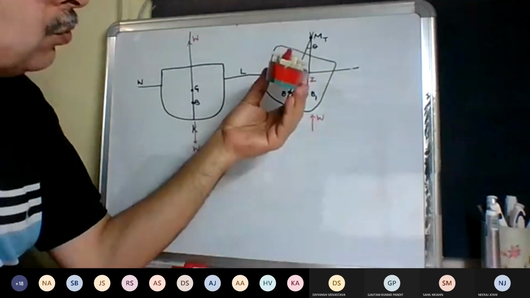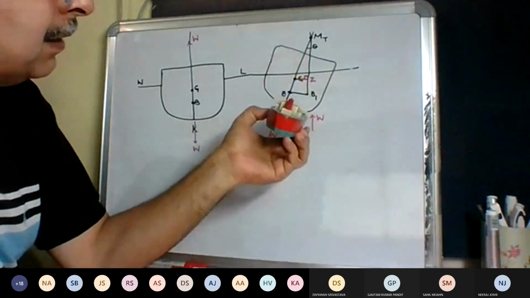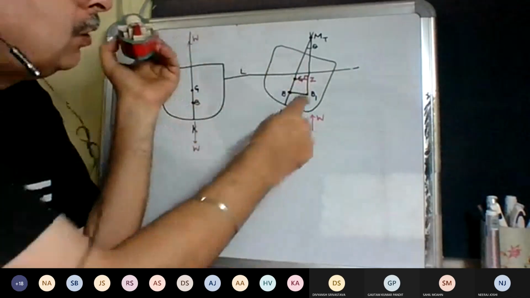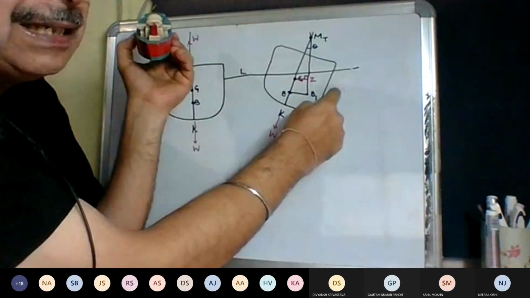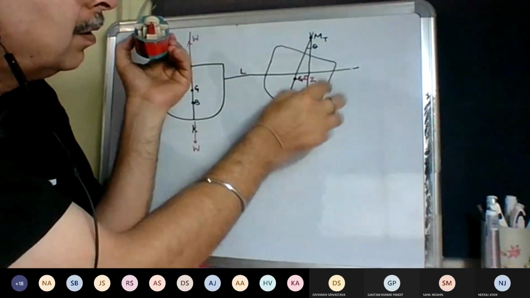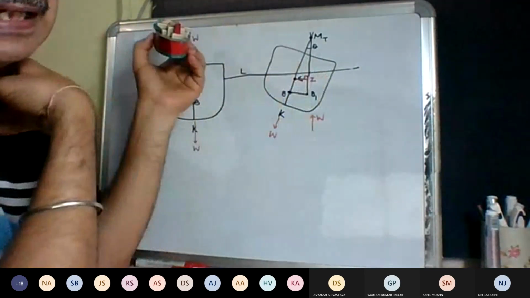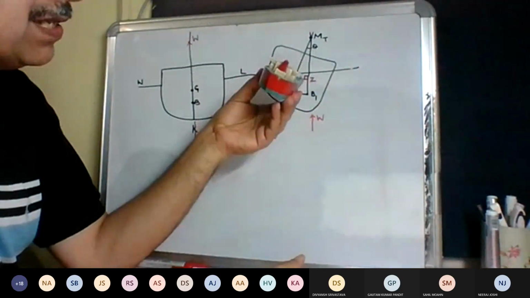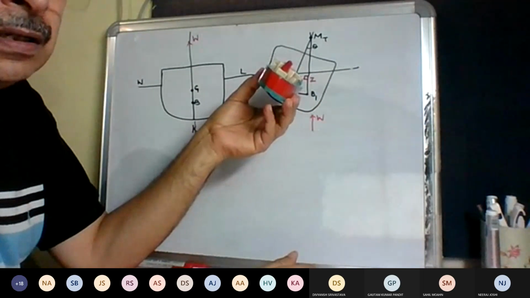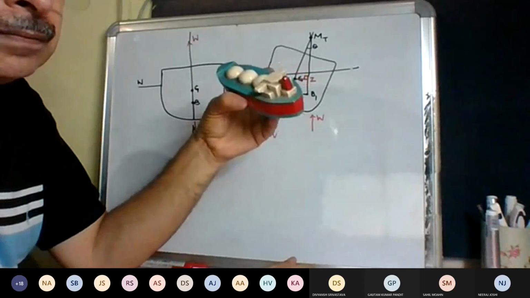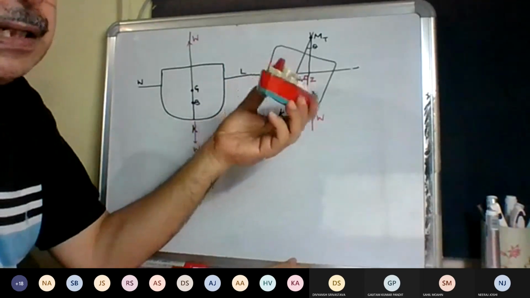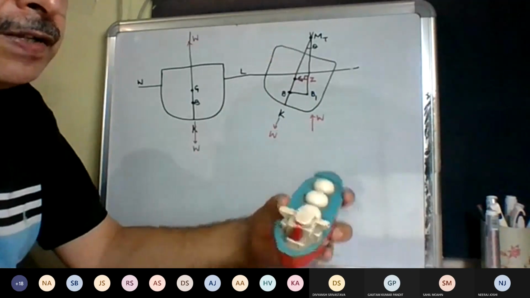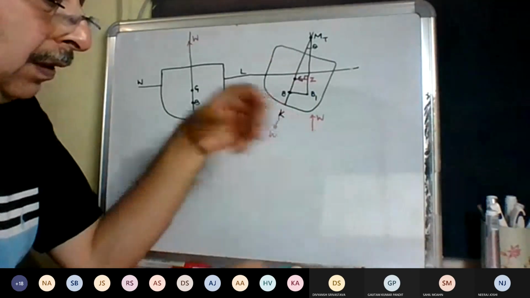अगर मैं इस जहाज को और इंक्लाइन कर दूं, पहले मैंने 10 डिग्री किया था, अब मैं 20 डिग्री कर दूं, अगर मैं 20 डिग्री करूंगा तो B2 और बाहर चला जाएगा, राइटिंग लीवर और बढ़ जाएगा, जो नया GZ होगा वो और बढ़ जाएगा। दैट मीन्स जैसे जैसे मैं इंक्लाइन करता जाऊंगा, राइटिंग लीवर बढ़ता जाएगा, और ये रफली अराउंड 40-45 डिग्रीज तक बढ़ता है राइटिंग लीवर।